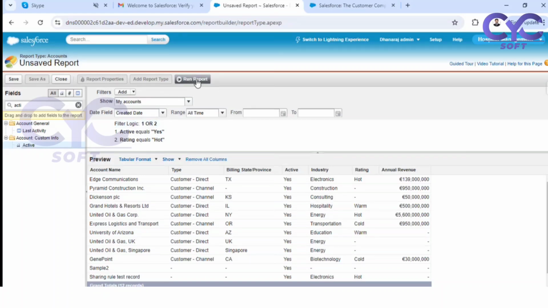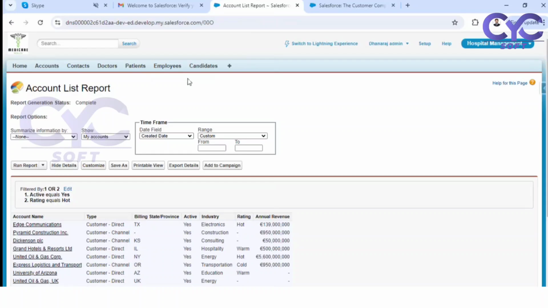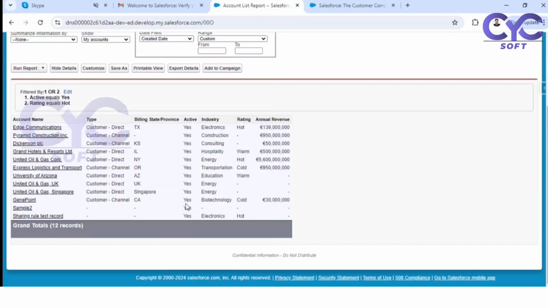Now click on run report. See here in the top, we can see the run report. Click on run report. See, now the report has been generated. This is the final report, right? How many records are there? Total 12 records are there,